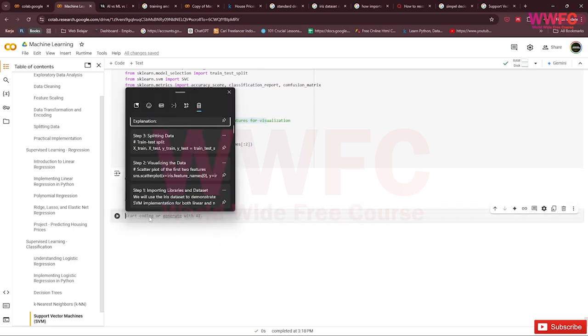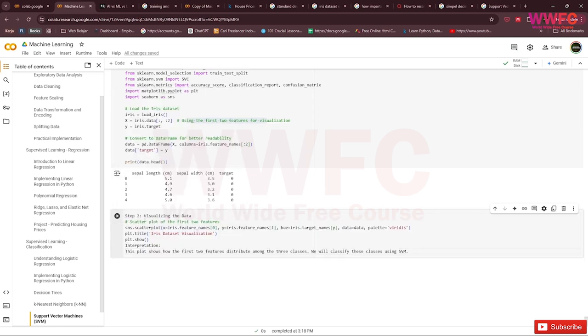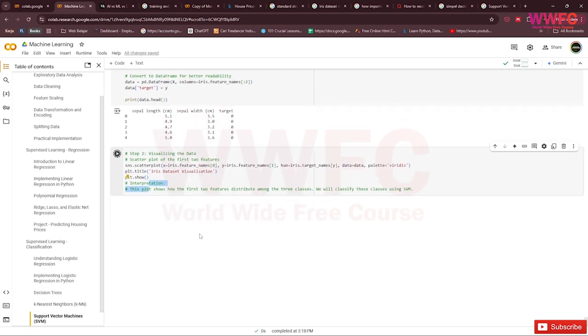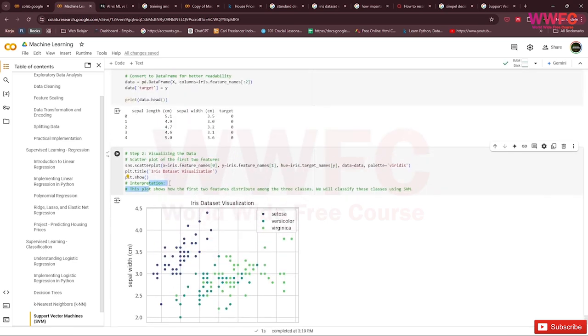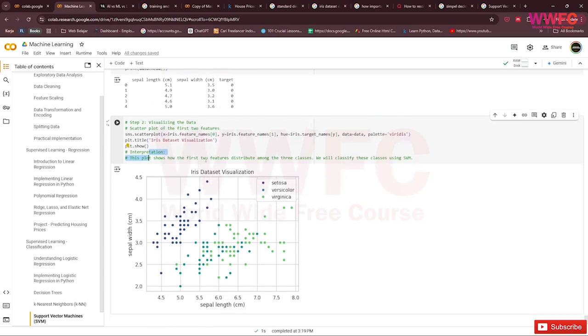For example, here we visualize the data, so we use scatter plots for the Iris dataset visualization. These plots show how the first two features distribute among the three classes. We will classify these classes using a support vector machine.